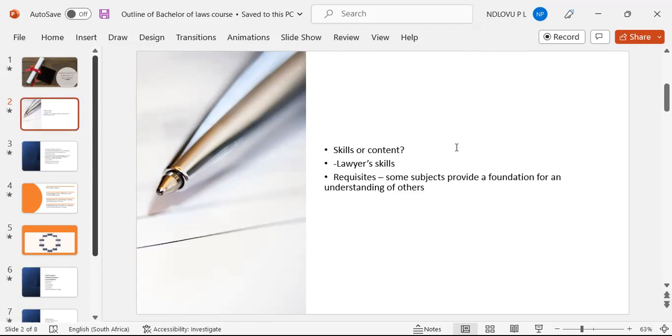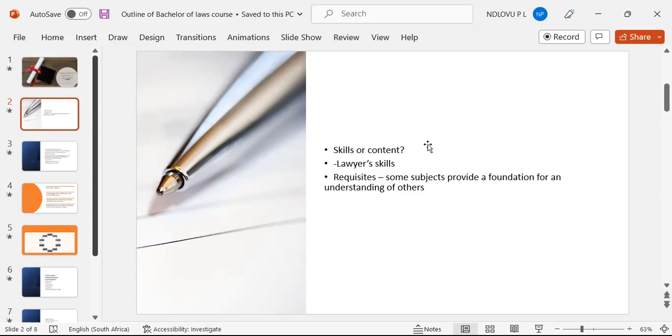And still talking about this subject, you must remember also that in looking at the subjects, I'm going to just give you a rundown of some of the subjects, and you will notice that some subjects are requisites of others. In other words, there are subjects that you must learn early, and there are subjects that you must learn later. That is after you've acquired some basic skills in terms of the other subjects. For instance,